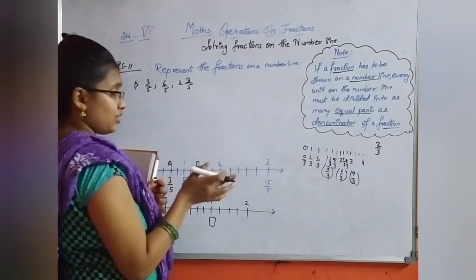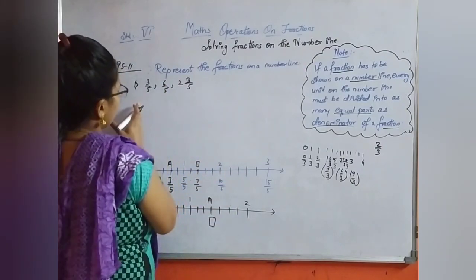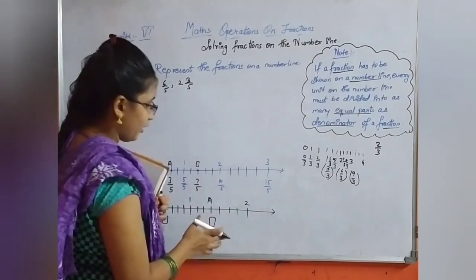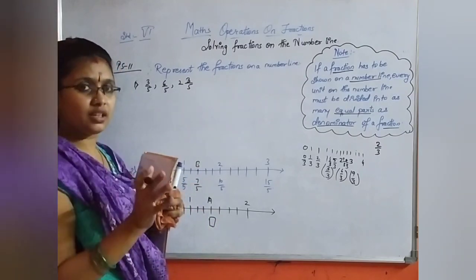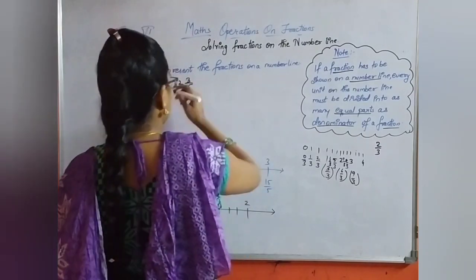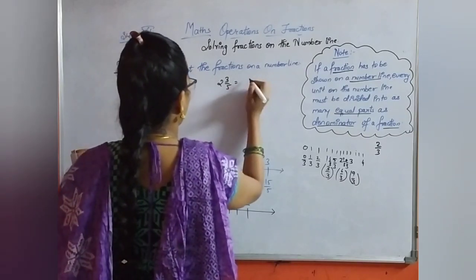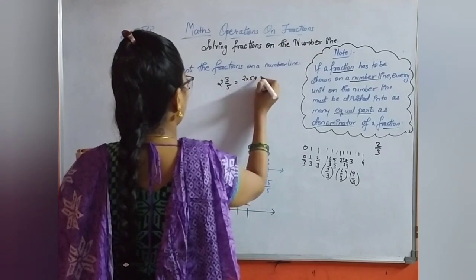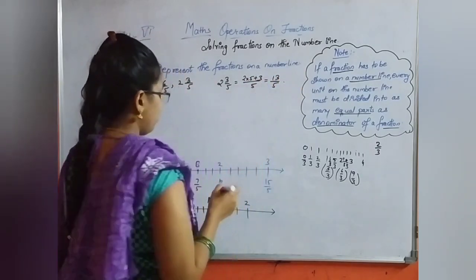So 3 upon 5 is easy, 6 upon 5 is easy because they are normal fractions. One is proper and one is improper, but this is the mixed fraction. For plotting on the number line, we always need the fraction in single form, that is proper or improper. We cannot do it with mixed form. So I will convert this mixed fraction into an improper fraction. So 2 5s are 10, plus 3, that is 13 upon 5.